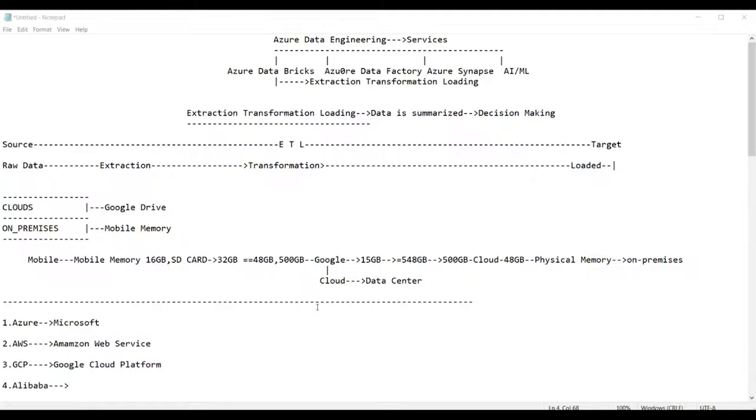Sir, what is the duration? Duration will be 60 hours. Is it required to learn both Azure Data Factory and Azure Databricks for industry? See guys, there is no connection between Azure Data Factory and Databricks. If you learn it, that is up to you. If you don't learn it, there is also no problem. You can get a job individually on Azure Databricks as well as on Data Factory. These are two different services.